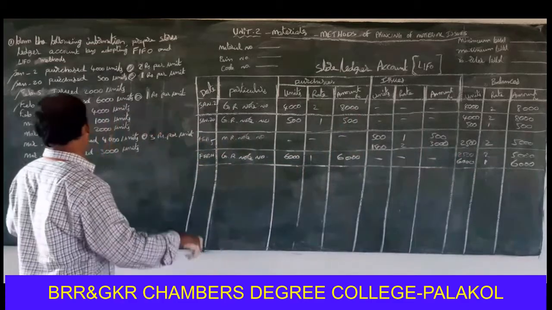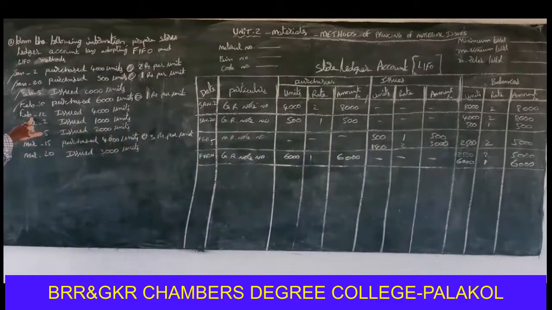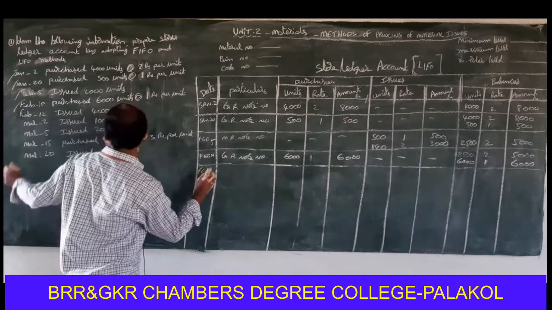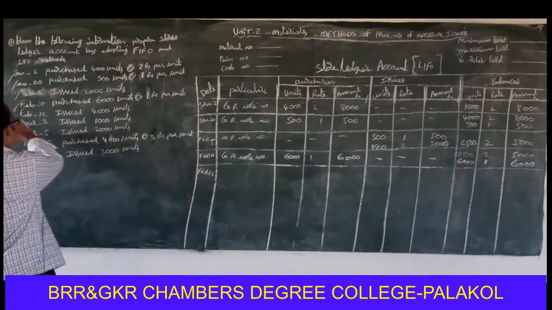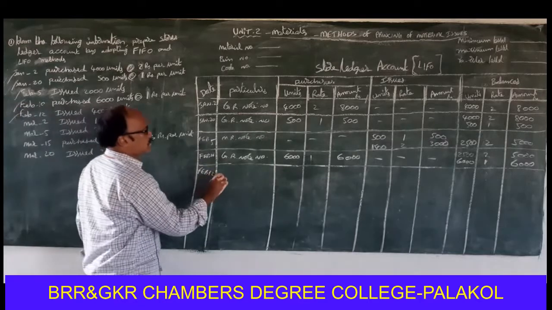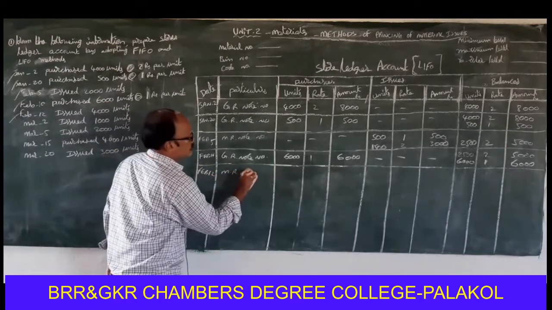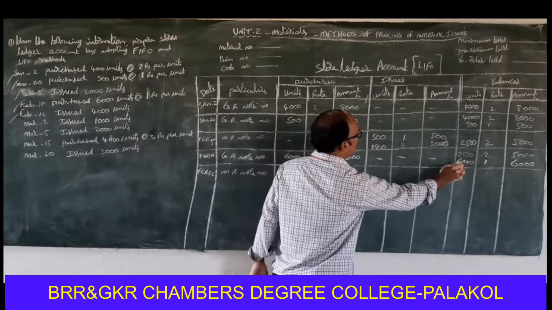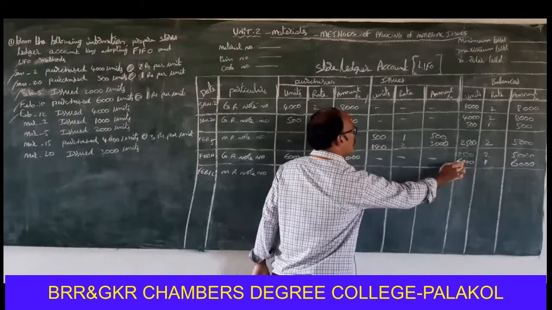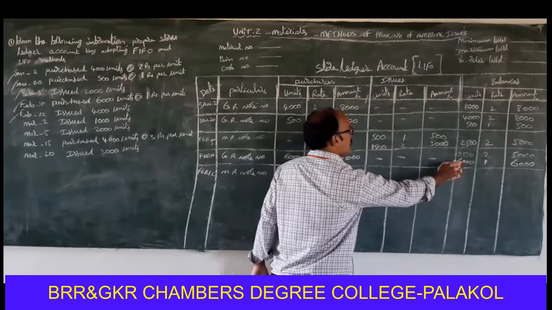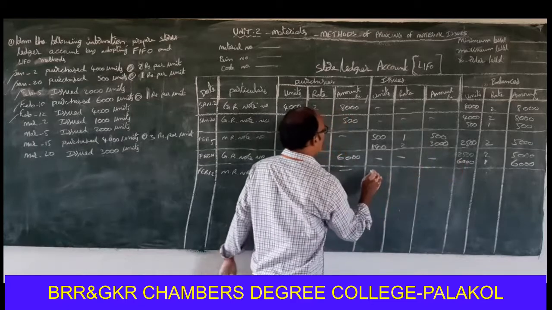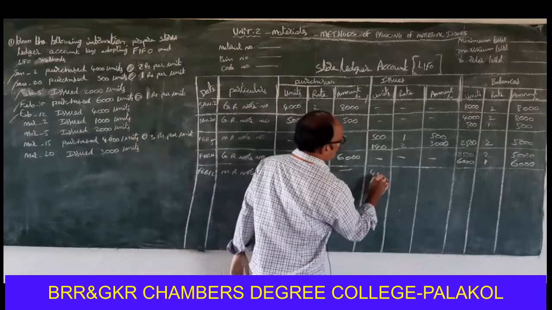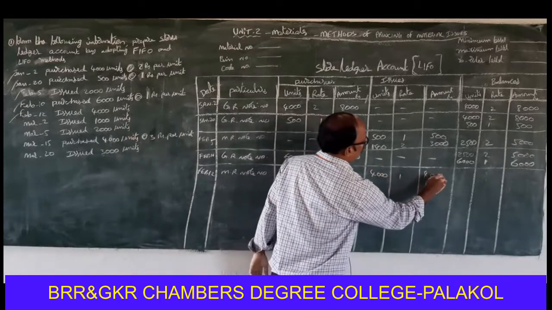Right. Next one. Issues. February 12th. Number of units wanted to issue is 4,000 units. MR note number, 4,000 units. The 4,000 units are issued from this only, because why? This is last in, so first out. So the number of units wanted to issue is 4,000 units on February 12th. That's why 4,000 into 1, 4,000.